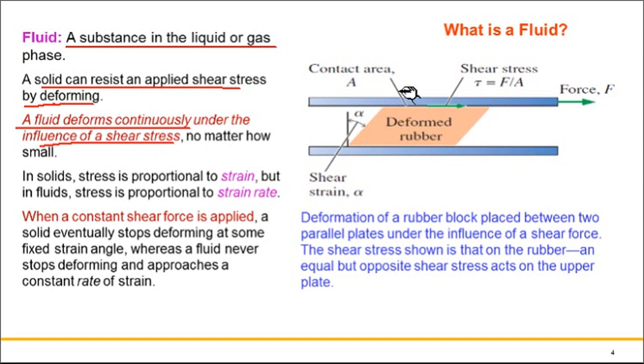Okay. So here in the schematic diagram you can see there is a lower plate, then there is an upper plate, and in between there is a rubber placed over here. The lower plate is a stationary plate, and on the upper plate the force is applied in the rightward direction. So that results in a deformation of the rubber, and a shearing strain is shown.